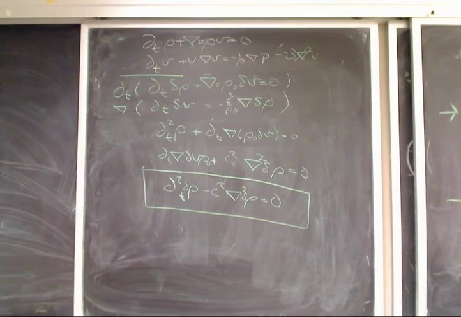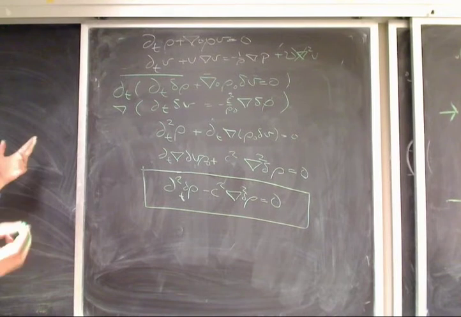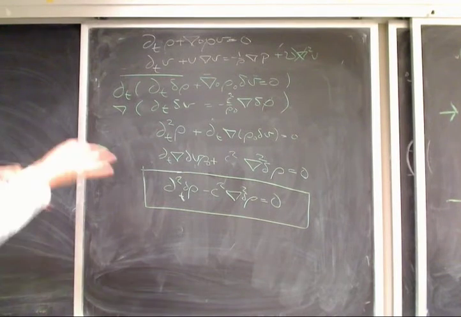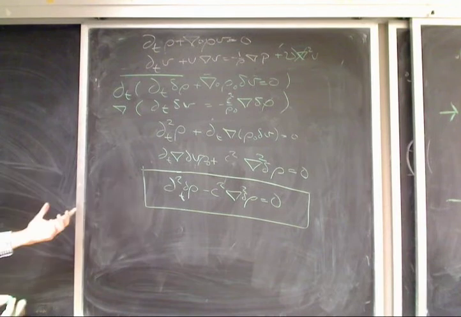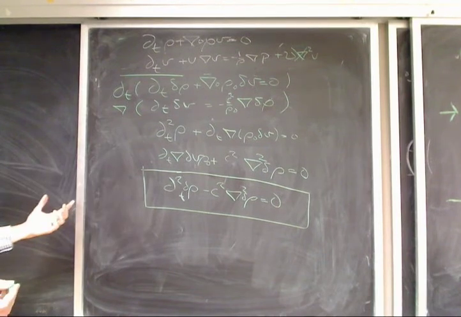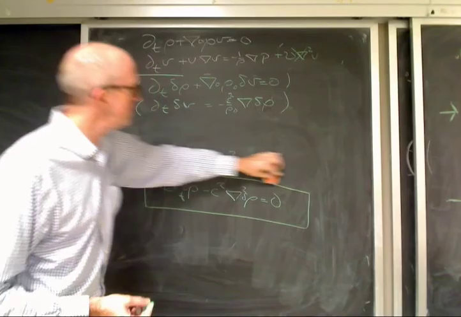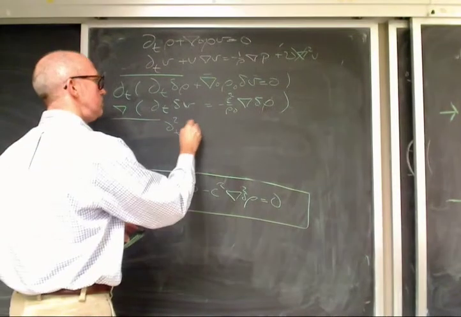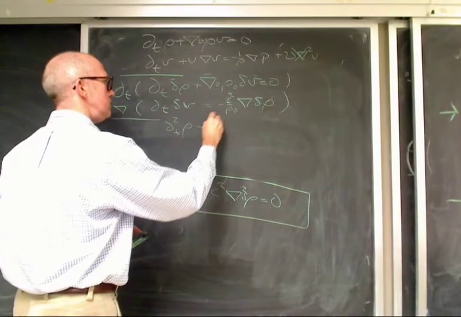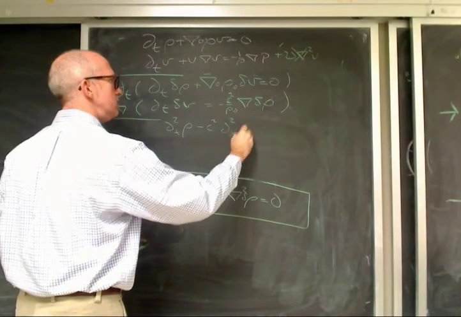It's not particularly painful, but there's a couple things that you got to do in the right order to get it to look like this. Now, we have this equation. Let's promote it up here. So I have d squared t rho minus c squared. Let's work in one dimension now. dx squared rho